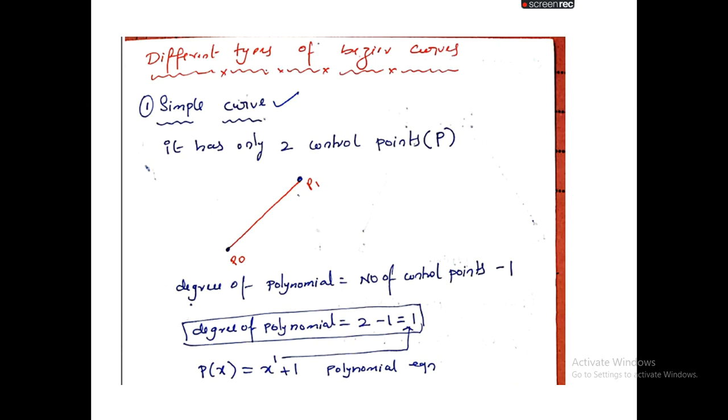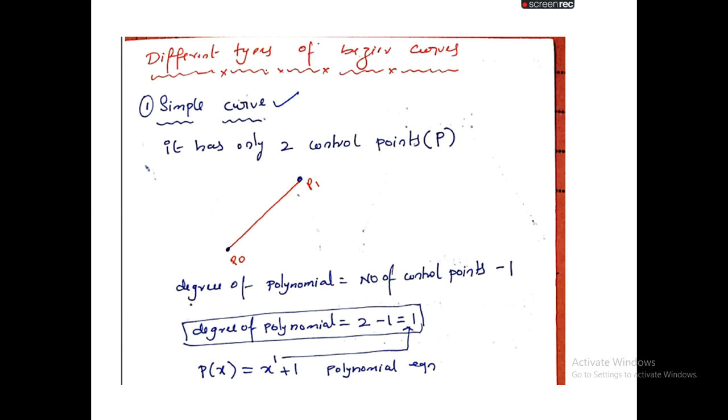When we are using a simple curve, we are supposed to know what the degree of our polynomial is. Here we are using a polynomial equation also. Whenever we are creating curves, definitely we are using some mathematical concepts, like parametric equation, polynomial equation, recursion, and the binomial coefficient formula. These are all the mathematical concepts we use whenever we want to create a curve like this.